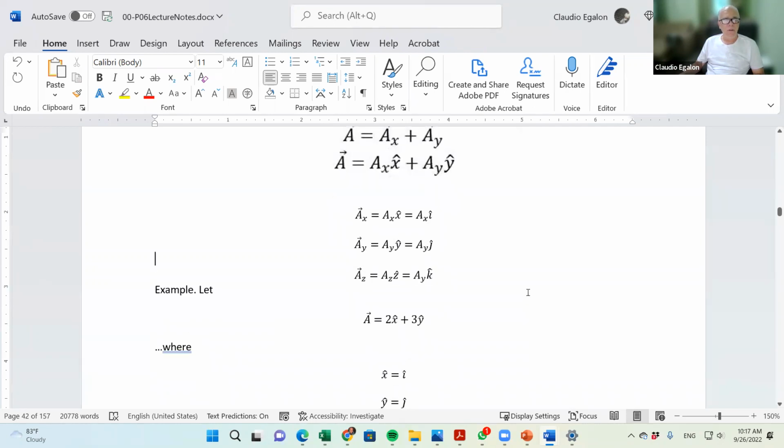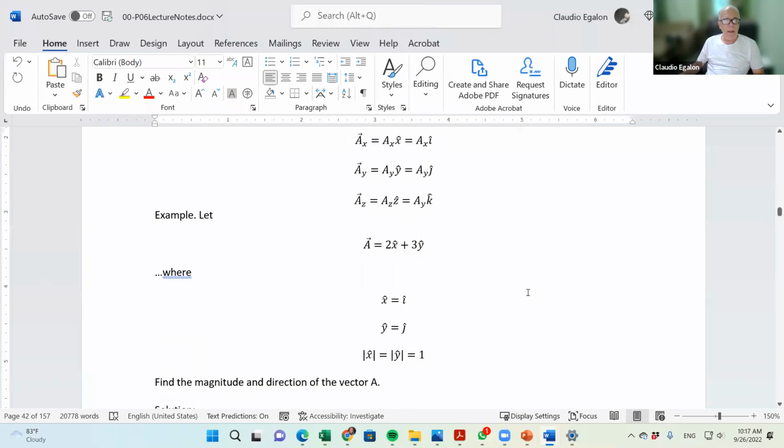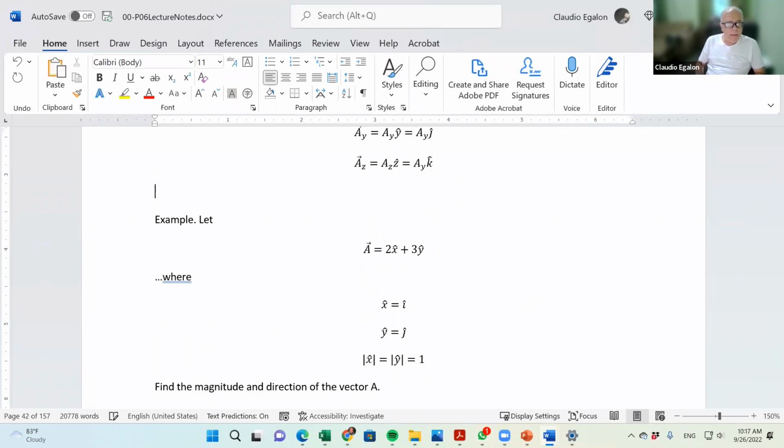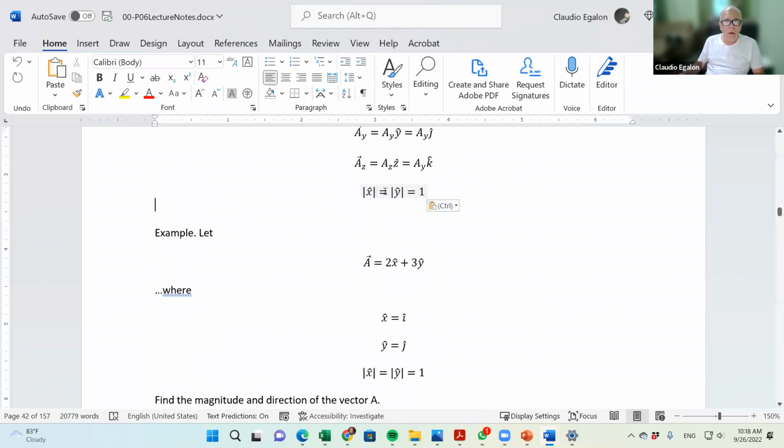So here you go. Let's do this example here. By the way, let me write that down as well. Remember that I told you that those unit vectors, those hat vectors, have a magnitude of 1. So how do you write down the magnitude of a vector? We write the magnitude of a given vector with two bars surrounding it. In this specific case, this vector has a magnitude of 1. Those three vectors have a magnitude of 1, okay?